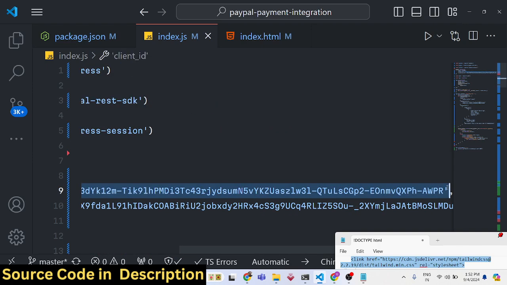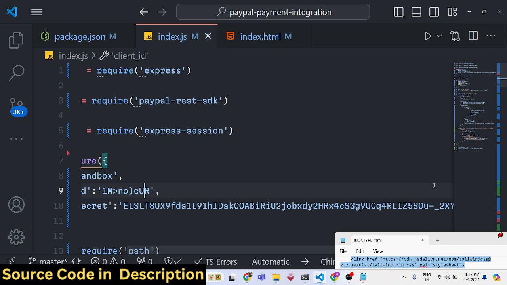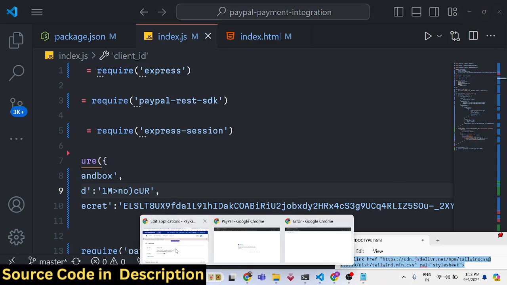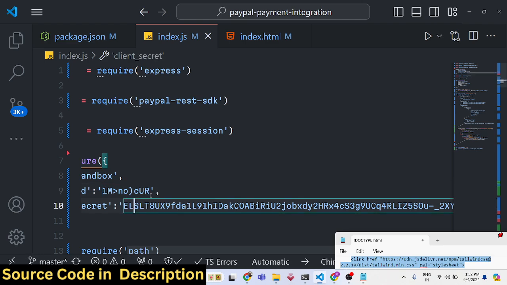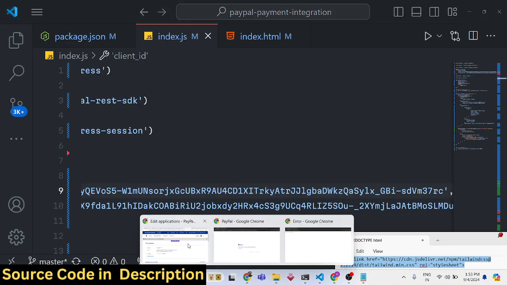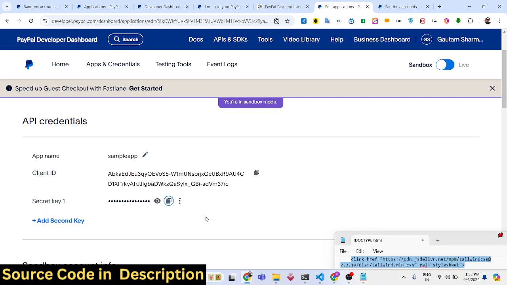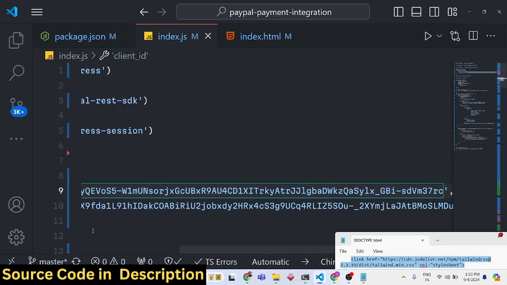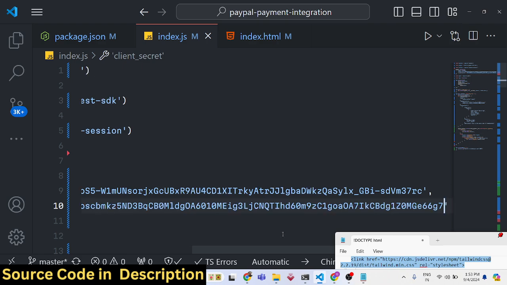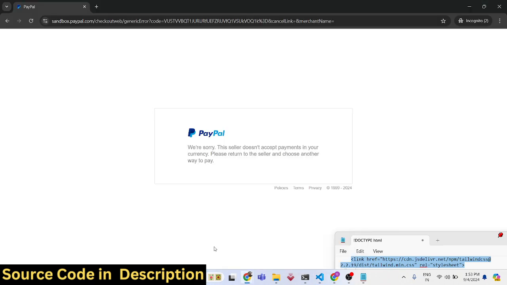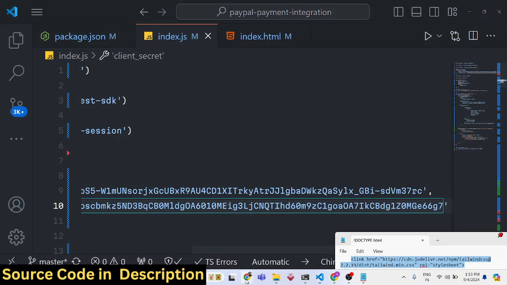So just make sure the currency that you are selecting is USD, because PayPal only accepts USD, not your native currency. So just copy this. So let me again